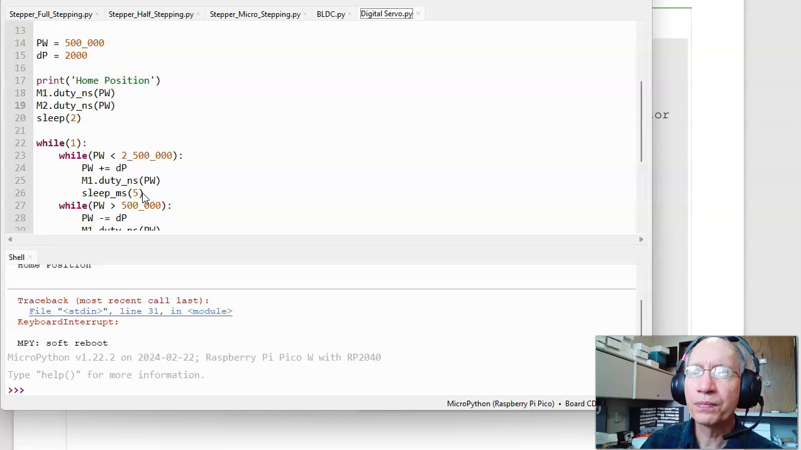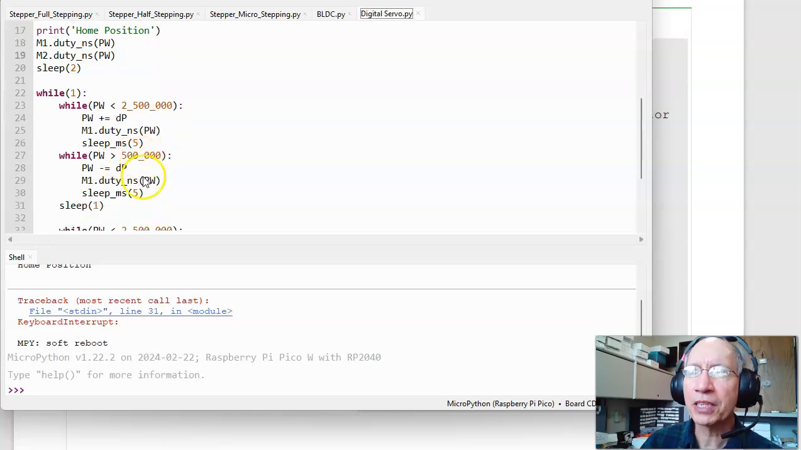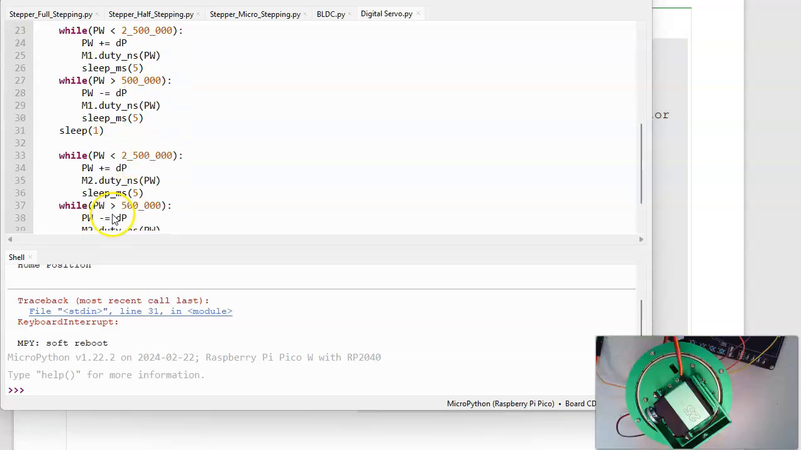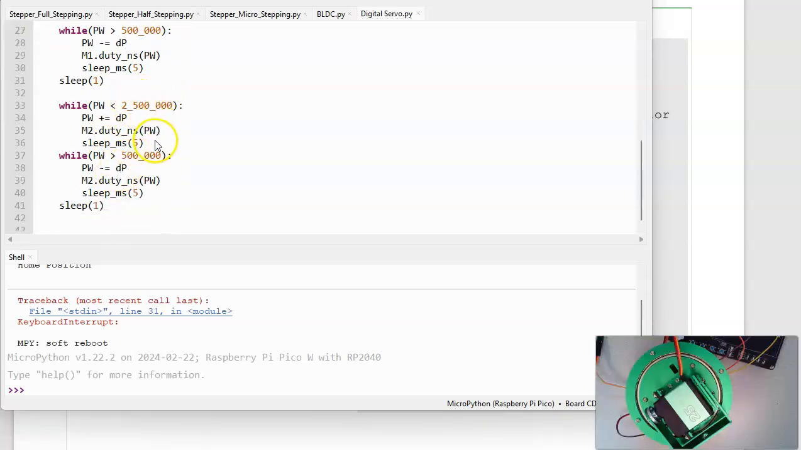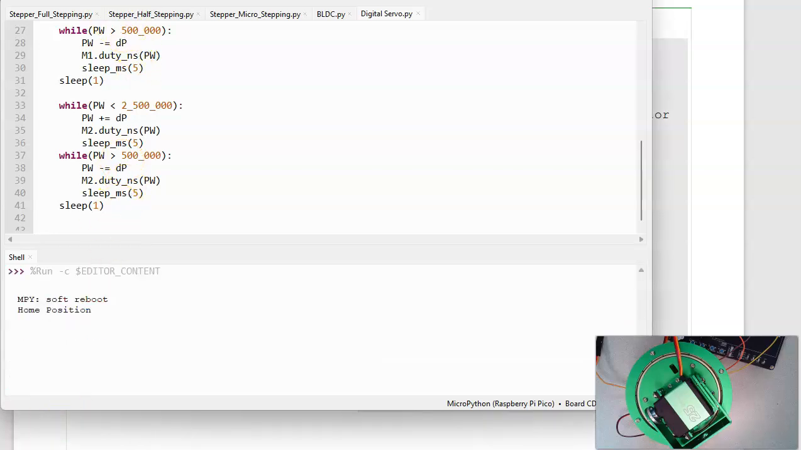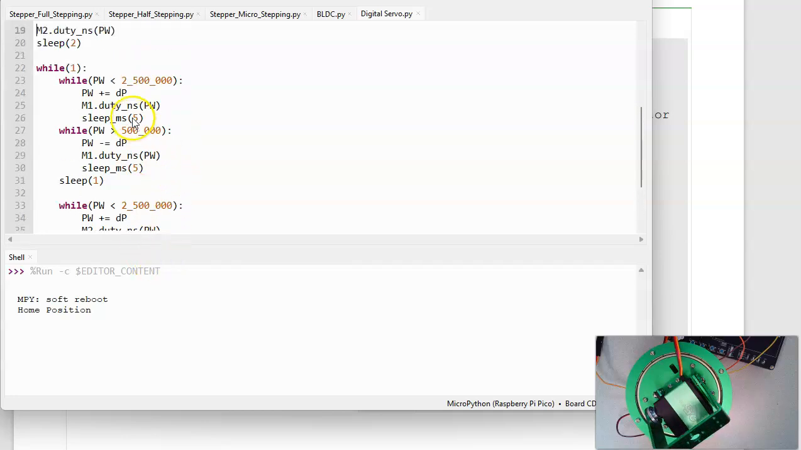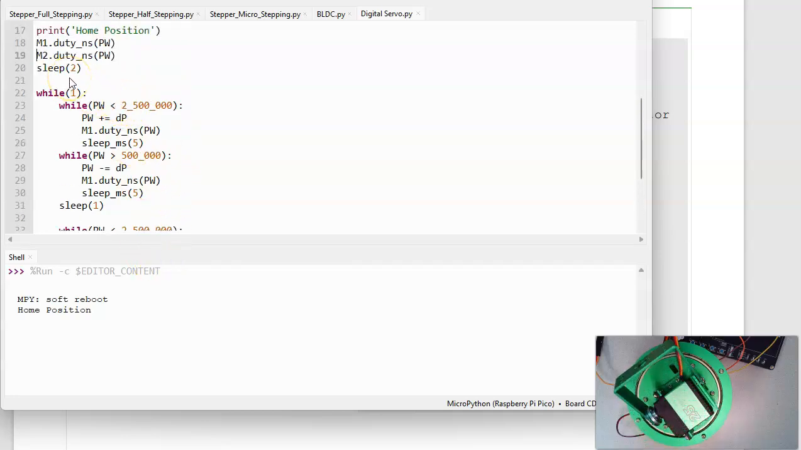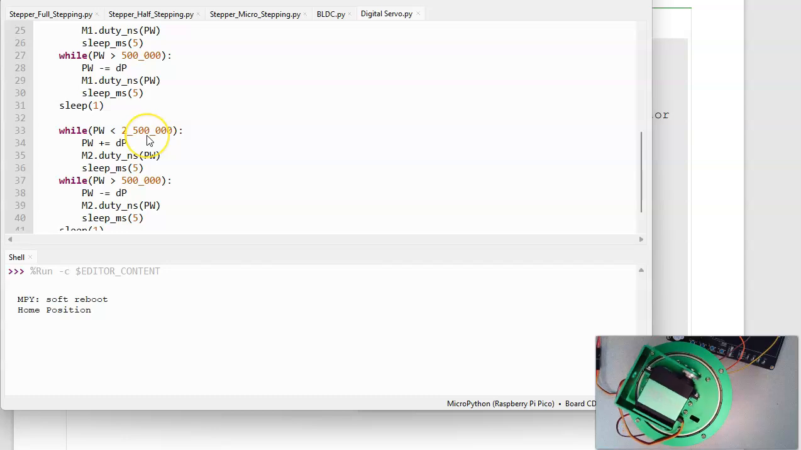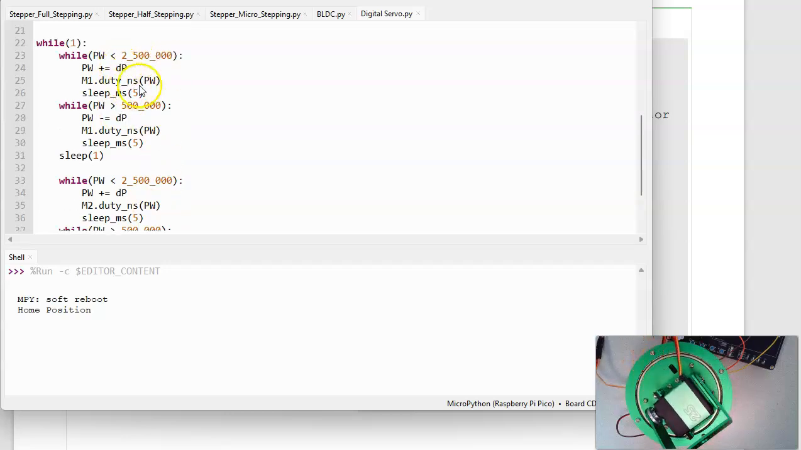Wait, then come back down to 0.5 milliseconds. Wait 1 second. Then for the second motor, slew it forward, slew it back, wait 1 second. So here's what that kind of looks like. I am first sleeping 2 seconds. That's at the home position. I then go up to 2.5 milliseconds, back down to 0.5, go up to 2.5 milliseconds, back down to 0.5, and repeat. First motor, go to 2.5,